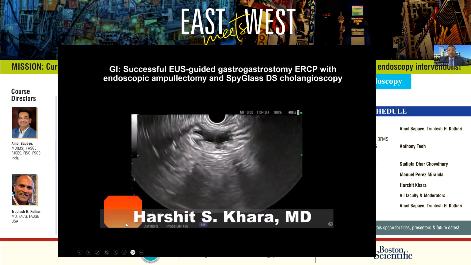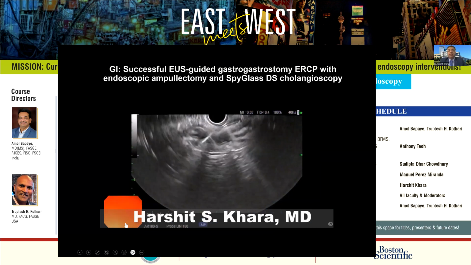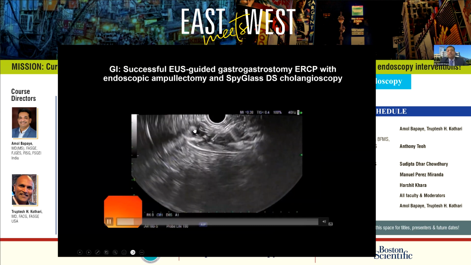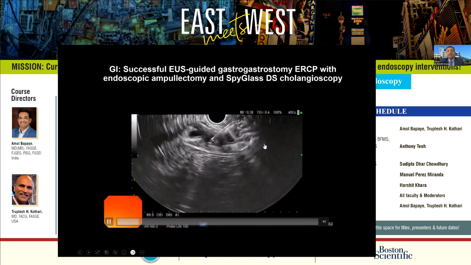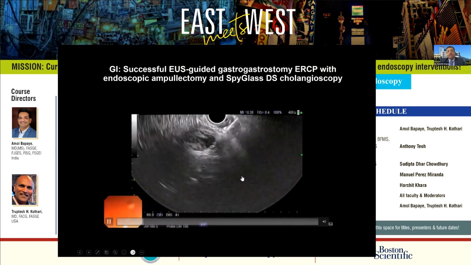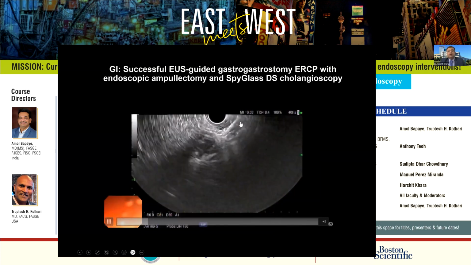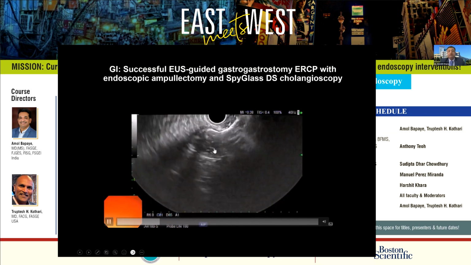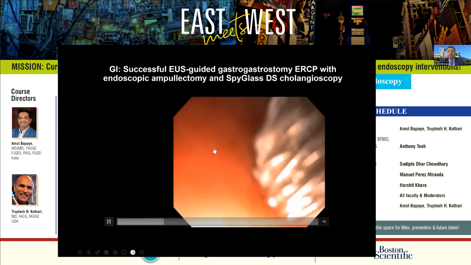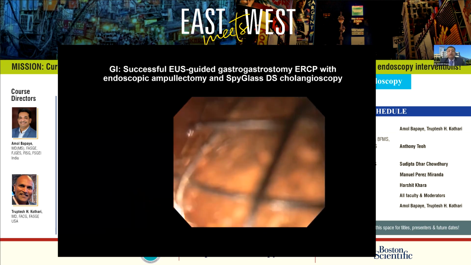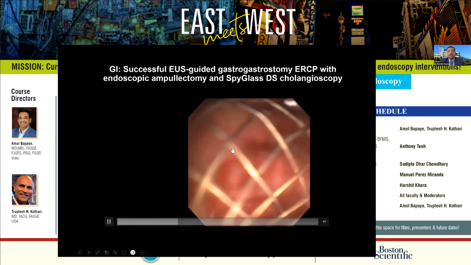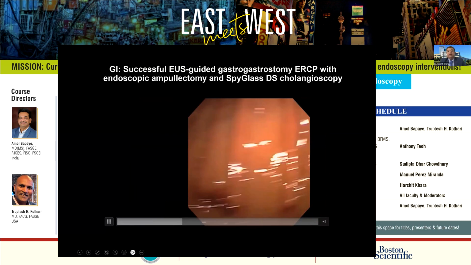So now that we knew what we were dealing with, we proceeded with an EDGE procedure. So here you see the remnant stomach and this sand dollar sign where you see the remnant gastric area. And then under EUS and fluoroscopic guidance, I insufflate the stomach with a EUS needle and then do a freehand puncture access and place a 20 millimeter LAMS. Now, this is my go-to size for EDGE procedures, and I'll show some data around that. But my stent of choice is a 20 by 10 LAMS.